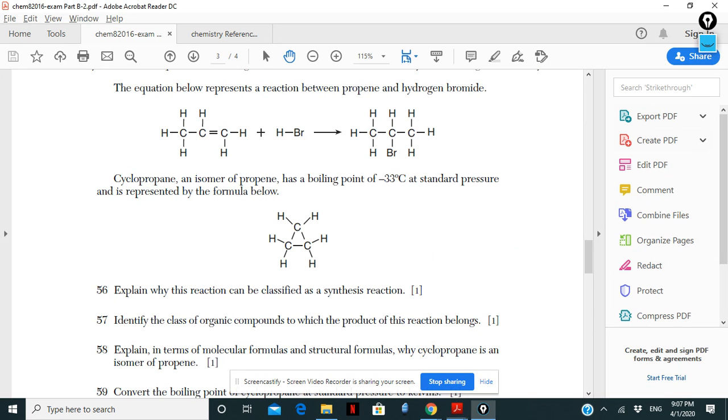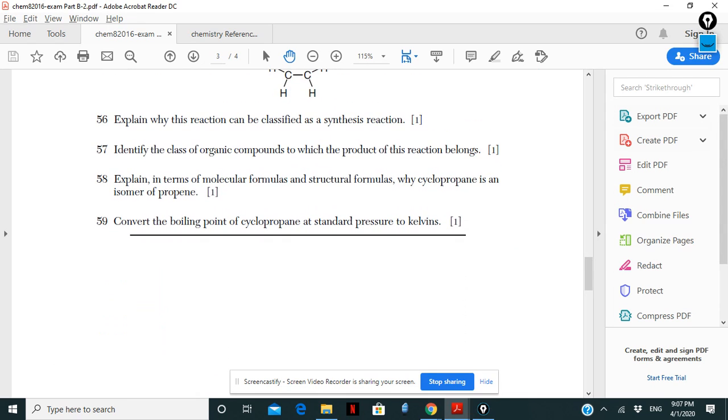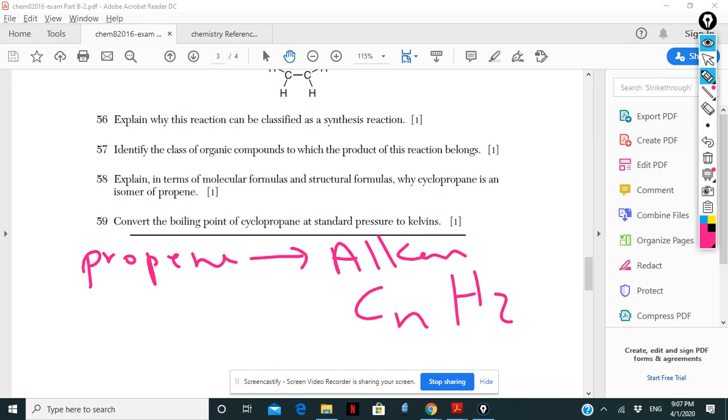Explain in terms of molecular formula structure why cyclopropane is the isomer for propene. So propene, alkene, so follow CnH2n. Prop means 3 carbons, so C3, H2 times 3 is 6. Now I get the propene. If you look for the